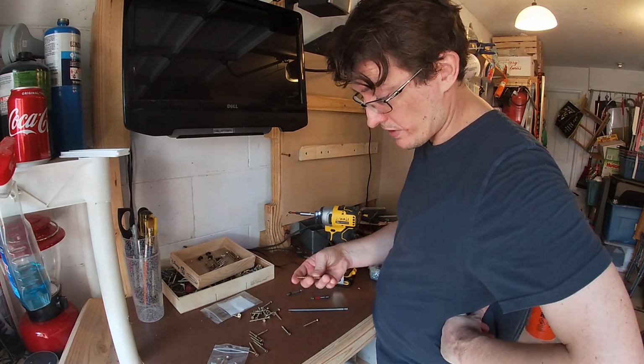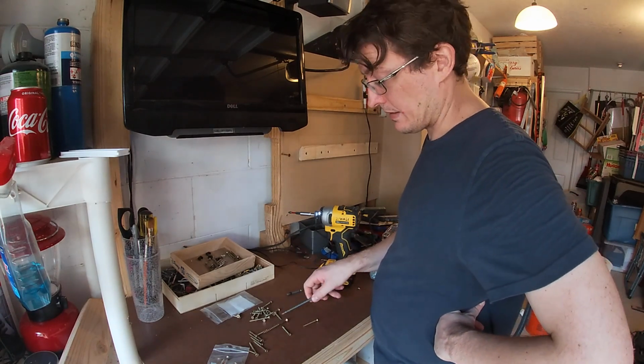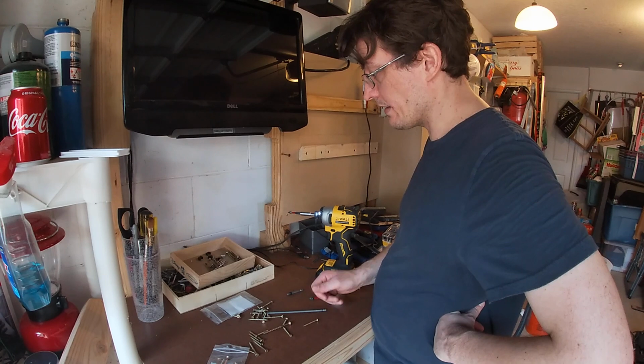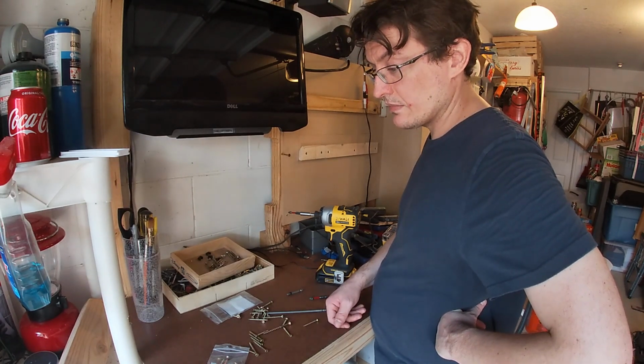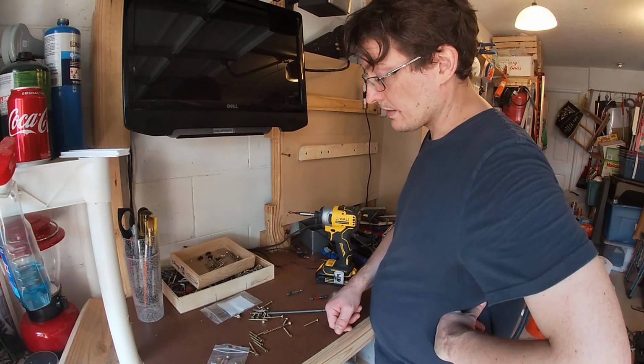My only complaint, I wish they were more of a self-drive, like a lot of the Torx screws. Other than that,